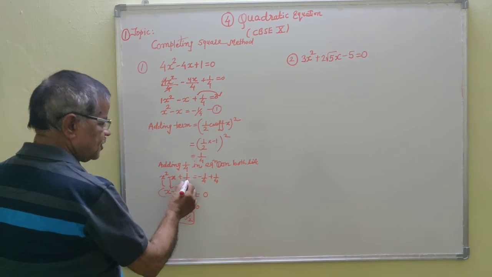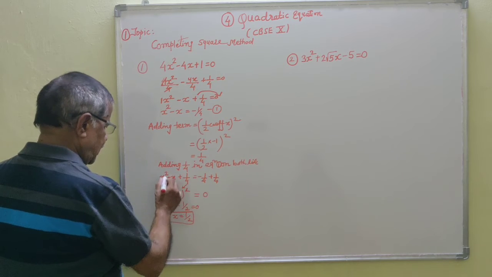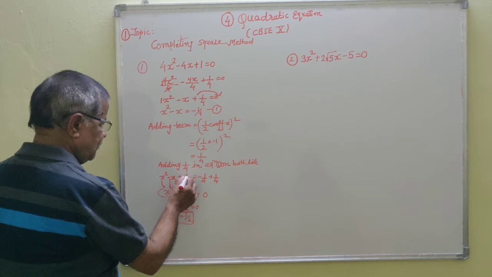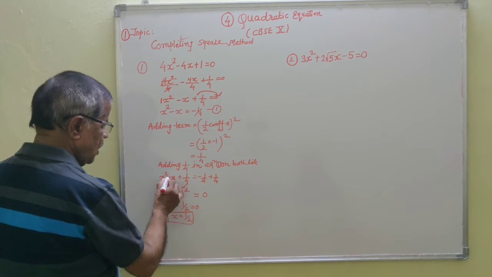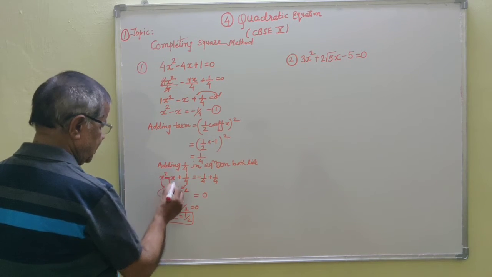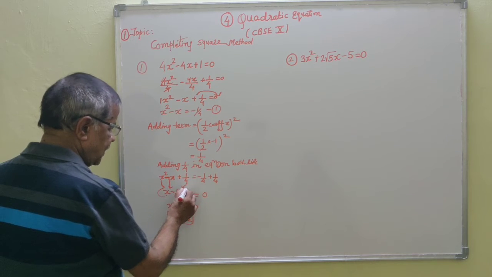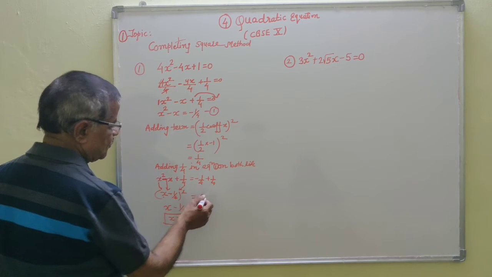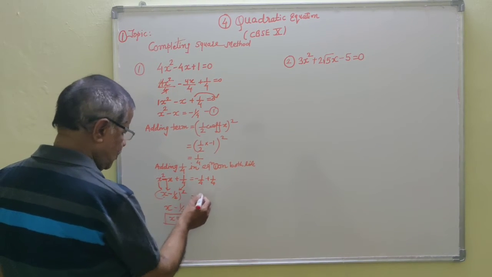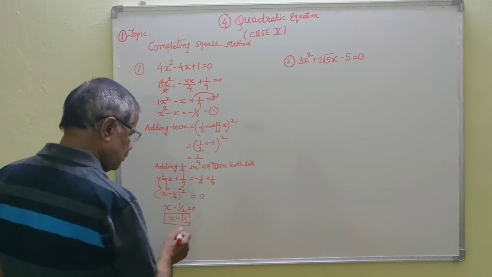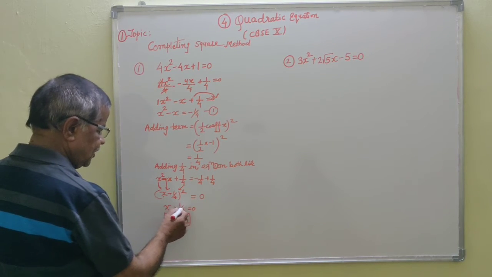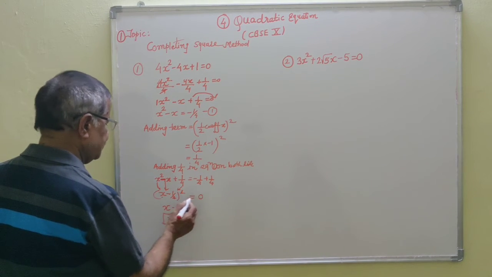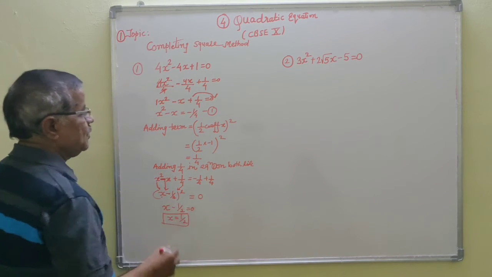Now I will add this number on both sides, but now take the square root of this number. What will be the square root of x square? x. The square root of 1 by 4 will be 1 by 2, and substitute this sign in between the two terms and write down here square. On simplifying this I am getting here 0, but in most problems it will not be 0. Then you have to take the square root on both sides. Then x minus 1 by 2 by taking the square root. Now in this problem I am getting x minus 1 by 2 is equal to 0, so x is equal to 1 by 2.